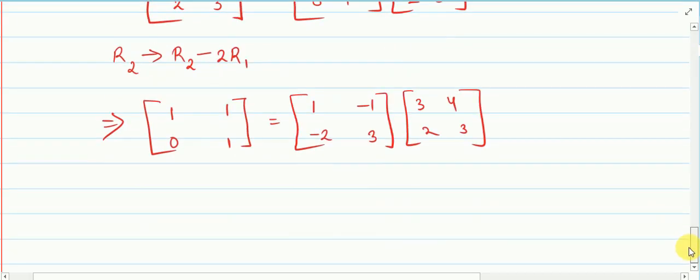Done. Now next, only one thing is left, and that is to make this 0. Yes, so it's very easy. We can operate this, that R1 tends to R1 minus R2. So I will get this